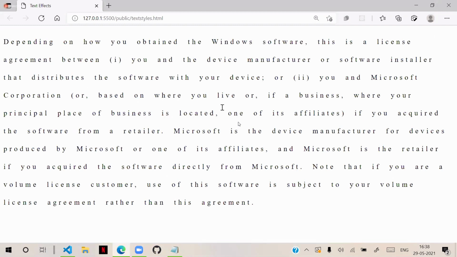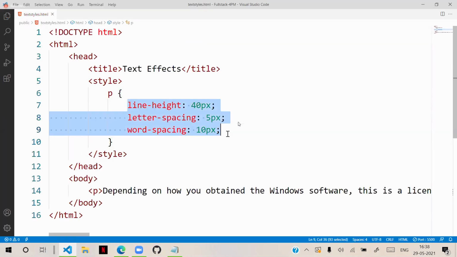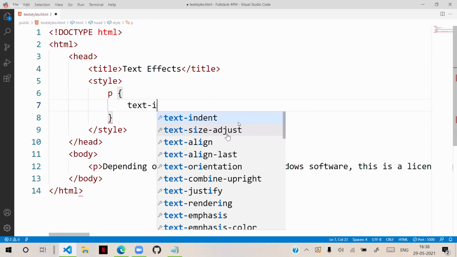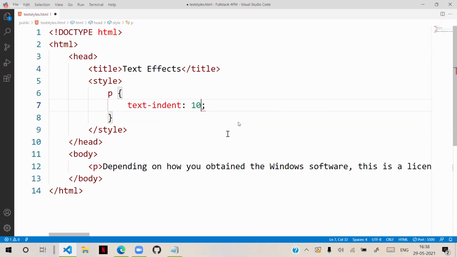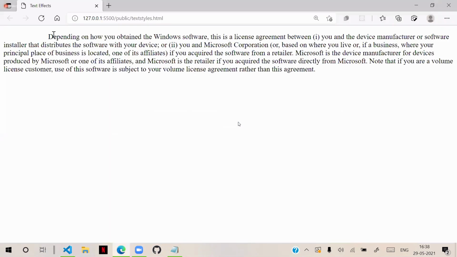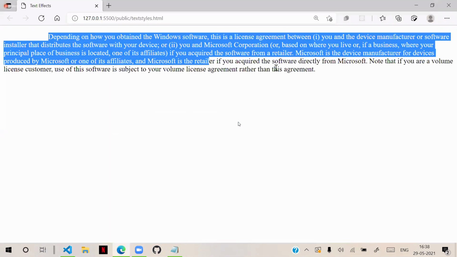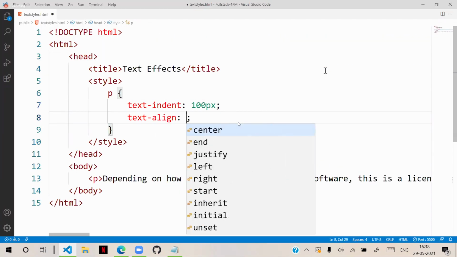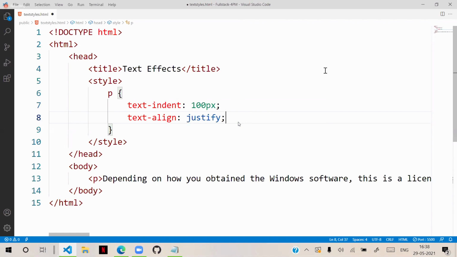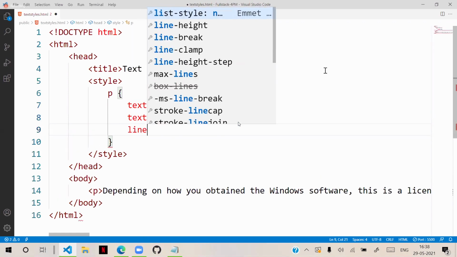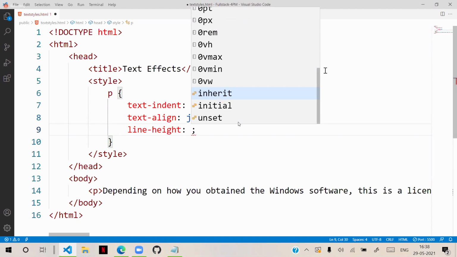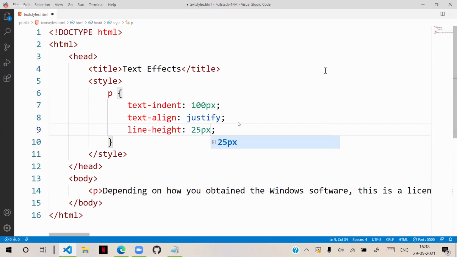Suppose sometimes we want the first line with some space. Then we have text indent. Text indent 100 pixels. Text indent will keep the first line with some space. So suppose I say text align as justify, and line height as some 25 pixels.